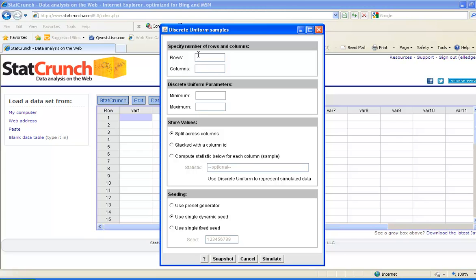I'm going to simulate rolling my die 50 times, so I want 50 rows in one column. Now this time you don't want to put in 0 for your minimum value and 1 for your maximum value. In this case, you want to put 1 for your minimum value and 6 for your maximum value, because you're simulating rolling a 6-sided die. Okay, so again, I don't need to change anything down here. I'm going to click on Simulate,